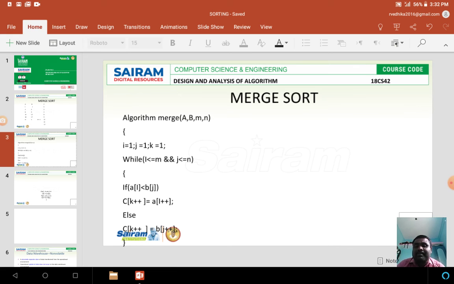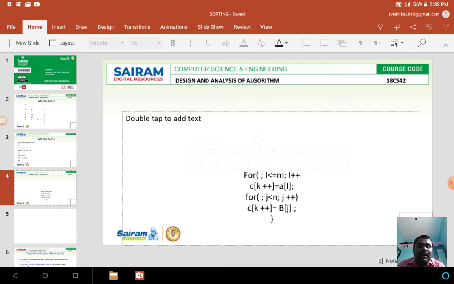This is the algorithm. And next, as I said before, if any element in any array doesn't have comparison with any other element in another array, I have to copy those elements and paste them in C array. According to that, I have written a for loop with no need to initialize any value: i less than or equal to m, i plus plus, then C of k plus plus is equal to A of i; all the remaining elements which don't have comparison with the other array will be placed.